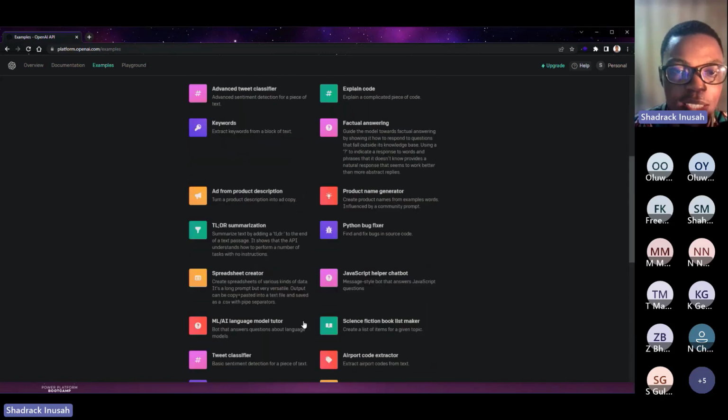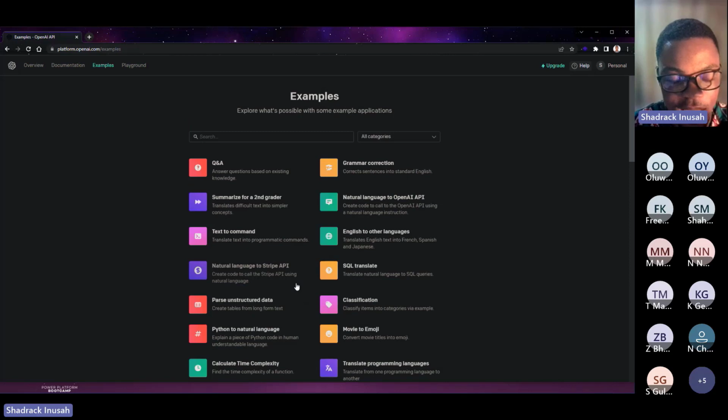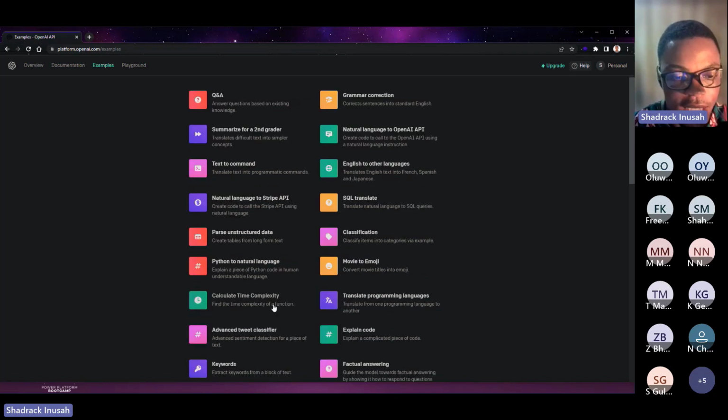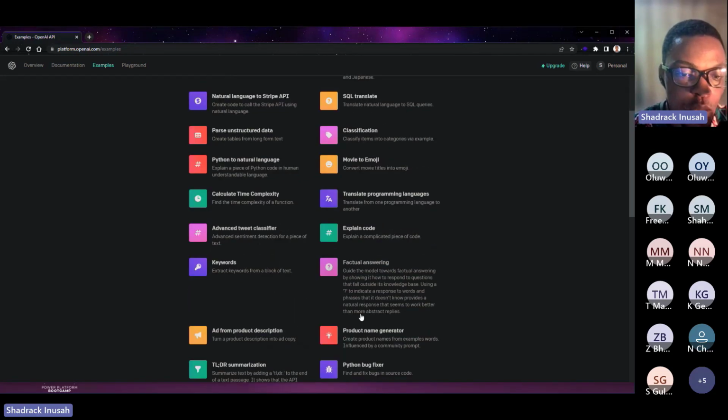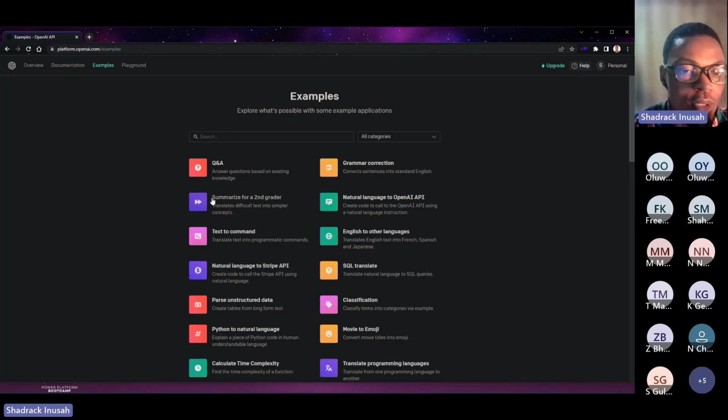ChatGPT has specialists. I mean, it can be specialized in a specific field if you want it to be. In case you want it to be very specialized in something, that's where you can get a particular API for it. In case you want it to do only this, even though it can do all the other things, but you want it more on something specific, you can get an API for it here as well, to build whatever you want to build, because you want it to be specifically doing this. So you can do that here.